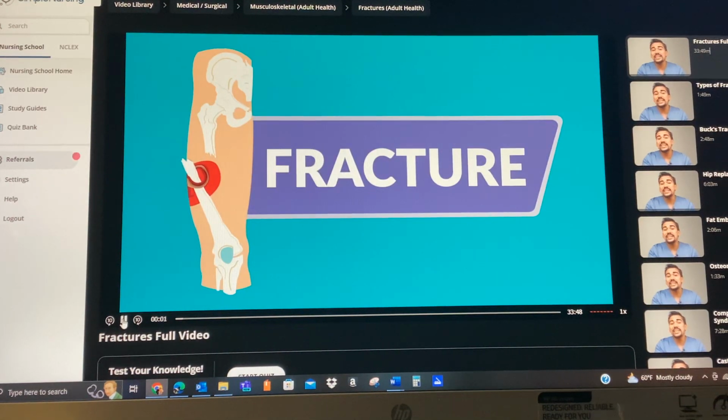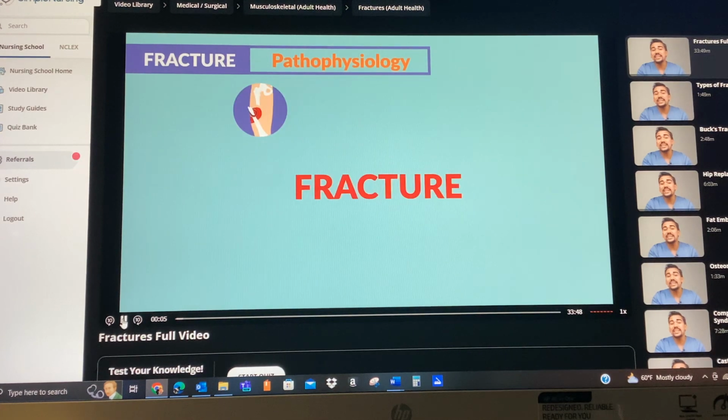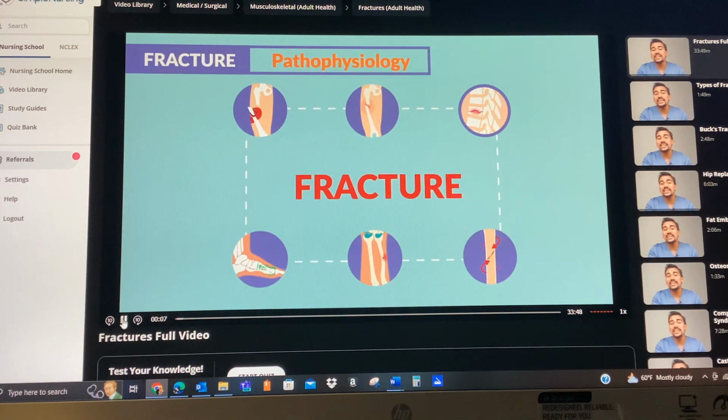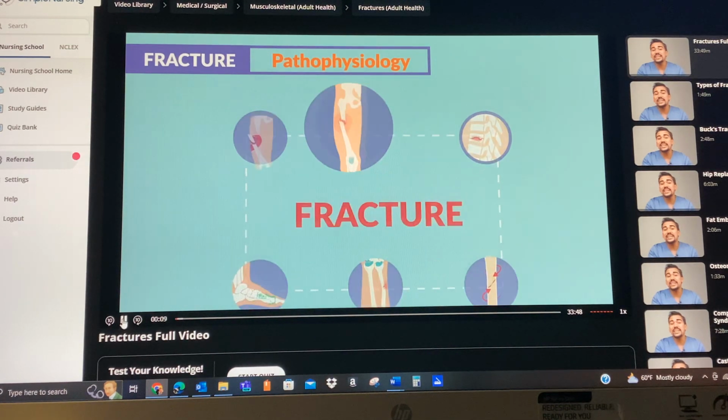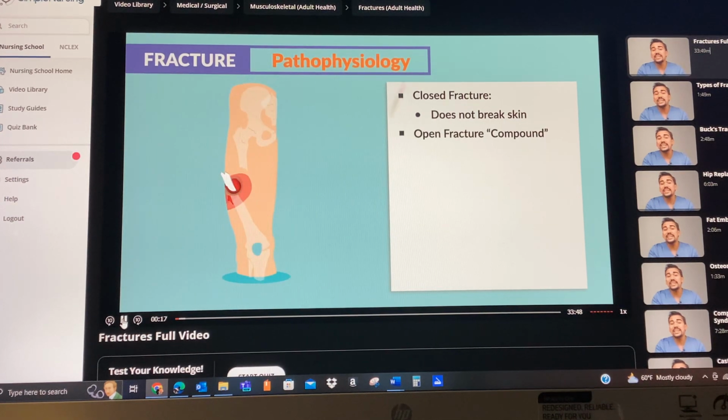Now for fractures. The pathophysiology is simple. A fracture is just fancy words for a broken bone, and there are a few different types. For a closed fracture, this does not break the skin. So with this fracture, the skin is still intact. Now for an open fracture, also called a compound fracture, the skin surface is broken and bones protrude through, placing